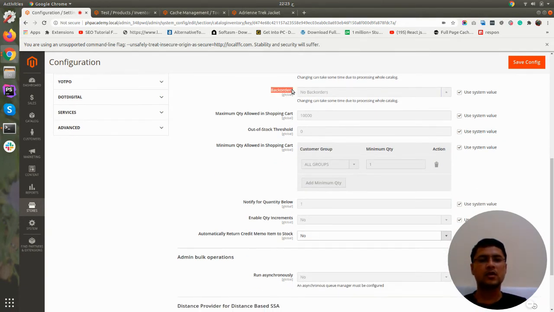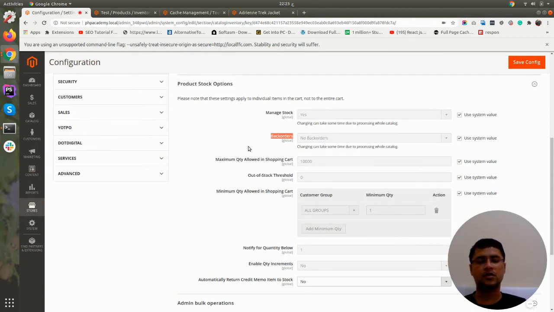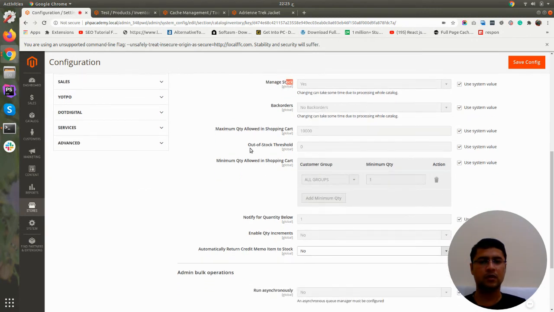Then backorders: if a product is out of stock but you still want to allow orders, you can set backorders. This you can manage by product as well.